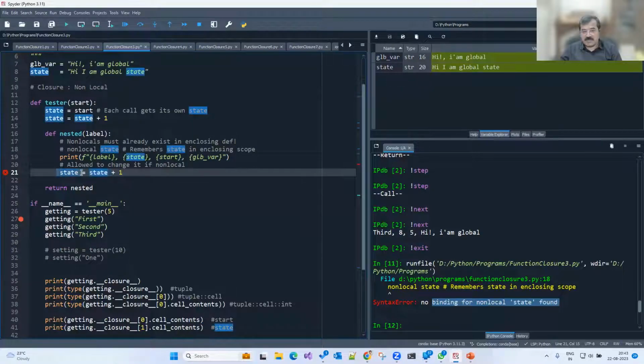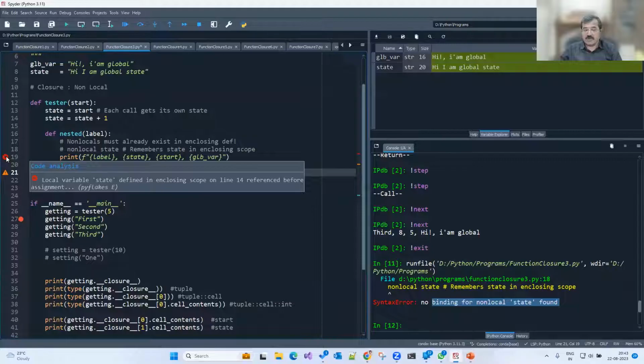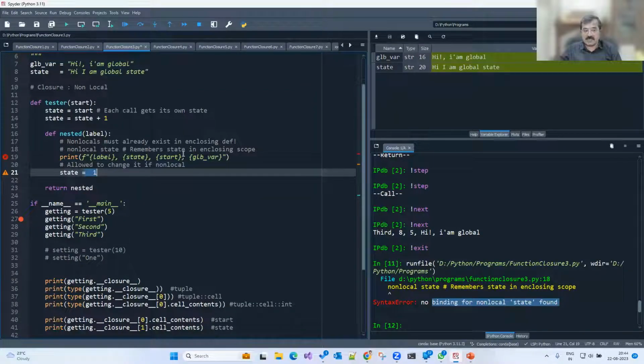But there's a problem while you're trying to assign. Because if I'm reading and if I'm assigning, so if I have only assigning 1 to it, then there is no problem. It will create a new local variable. Correct? But you're first using that variable and then you're creating it. It will say, no, that's not possible. So here it is generating error. It's saying, I do not have any local variable called state. Can you see that? It says local variable state is defined in the enclosing scope on line number 14 before assignment. So if I could write this statement earlier,